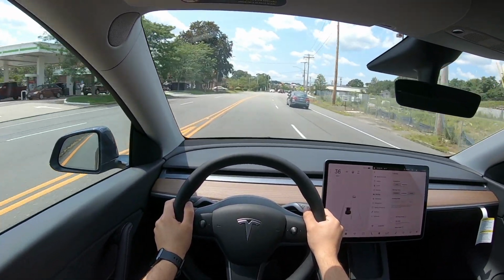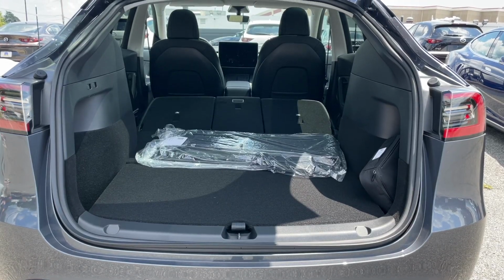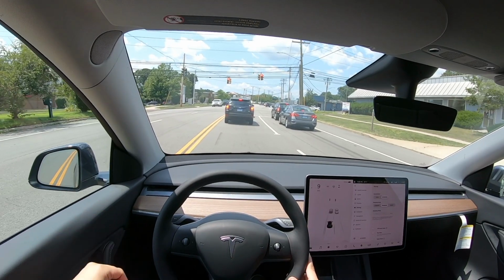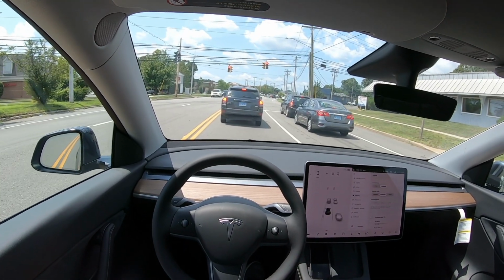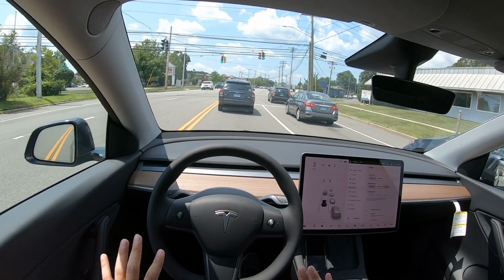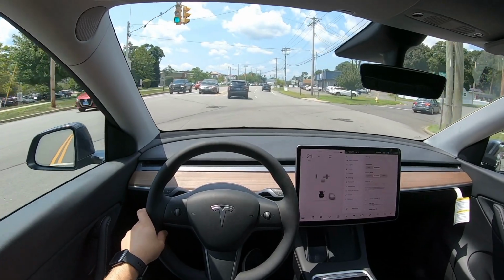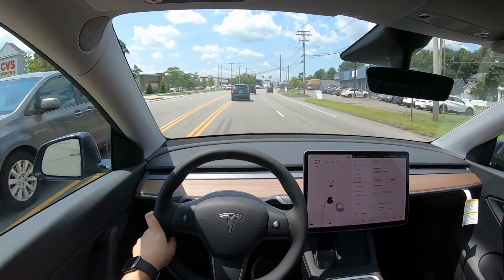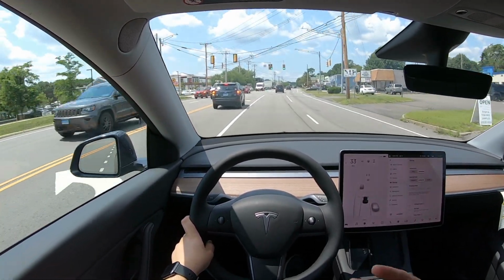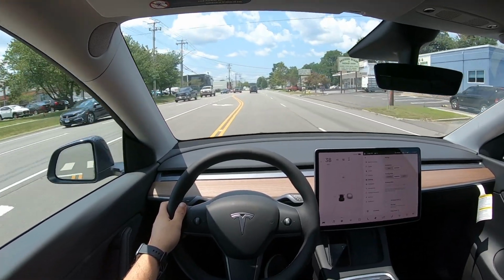Beautiful, comfortable SUV, has a ton of room in the back. The back seats are nice and comfortable, spacious. There is a ton of legroom and headroom, and the driver seating position is perfect. Definitely feels like a lifted Model 3, but with more room, and it is a little bit slower than the Model 3, but that's completely fine. This is an SUV, and as I said, it is heavier than the Model 3, but very, very impressed with